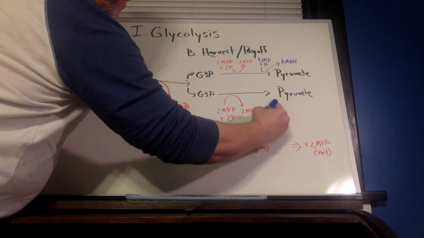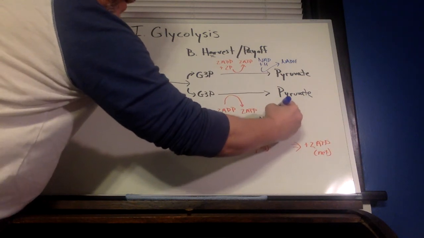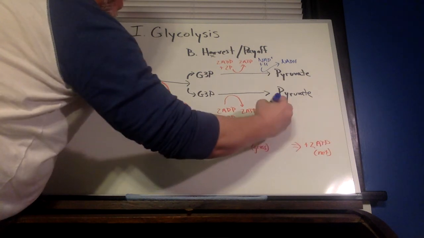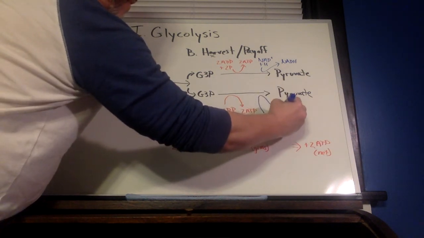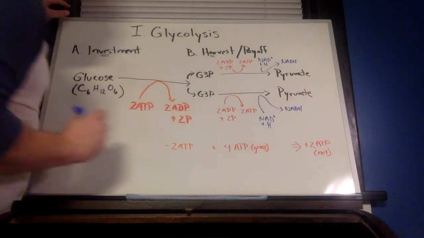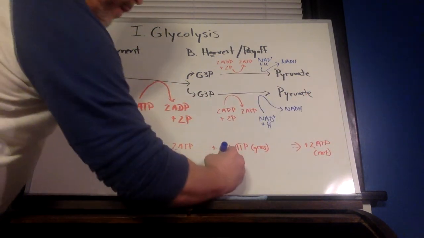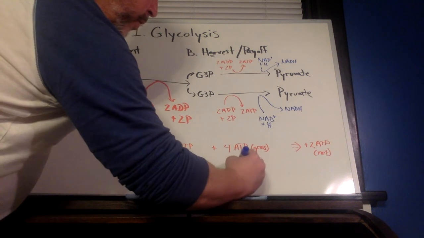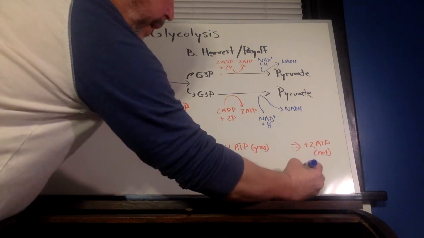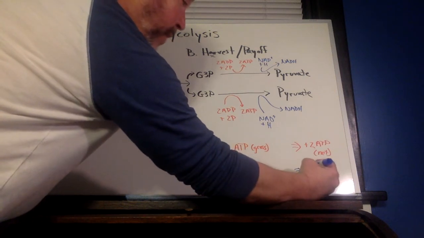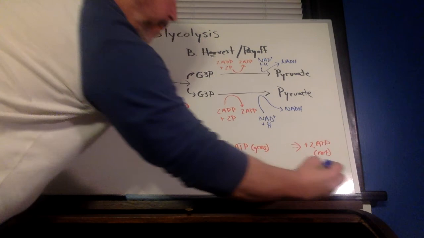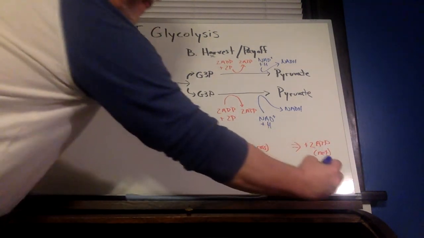We will also have a NAD electron carrier and a hydrogen ion. They will go in here, and they will also form a single NADH molecule. So all in all, we will get 2 NADH molecules formed. Since we didn't have to invest any, we will end up with a plus 2 NADH molecules net